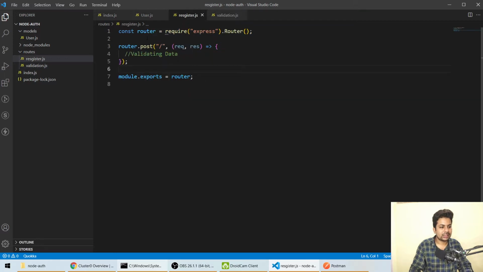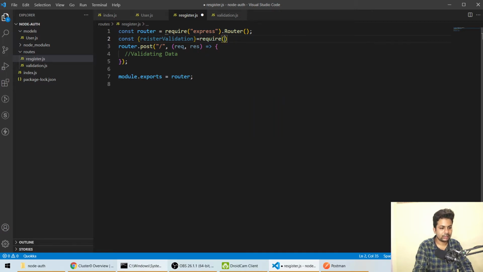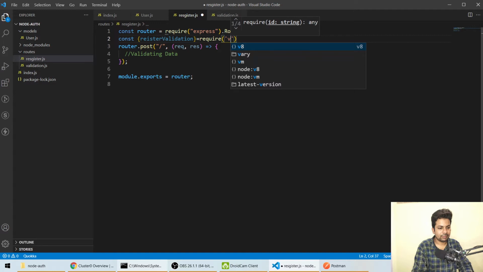And here firstly we have to import that constant, register validation, and we'll import it from require dot slash validation, file validation.